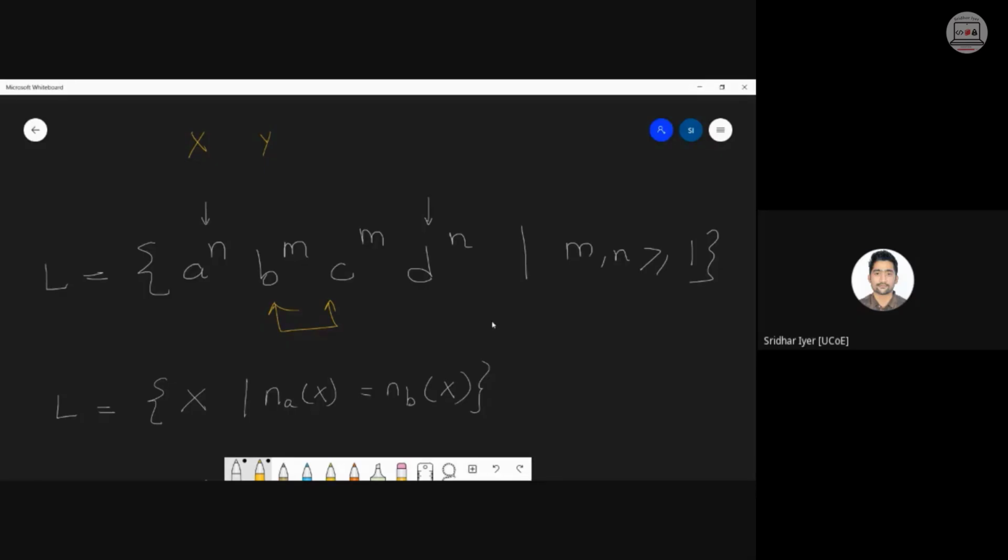But let me do it. Even I need to check the answers. Along with the solutions, we'll check your answer also. So for each A, we need to push X. For each B, we need to push a Y because their powers are different. Similarly, for each C, as I told you, B and C correspond to each other. So for each C, we are going to pop the Y from the stack. And after reading all the C's, we are only left with the X's in the stack. So whenever we receive the D's, we are going to pop the X from the stack. It's very simple. So at the end, we are going to have the empty stack once again.